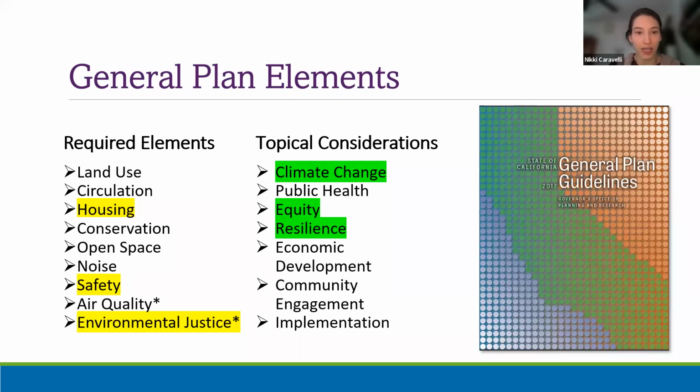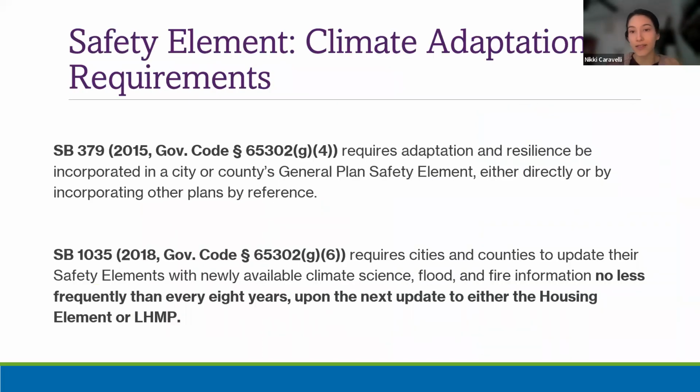So really encourage you to look more into this if you're working with a city or county. If you're a city or county, you should also probably understand the climate impact and adaptation requirements if you don't already. So, next slide. One of the topical requirements that must be addressed in the general plan is climate adaptation. And this is specifically found in statute in the Government Code